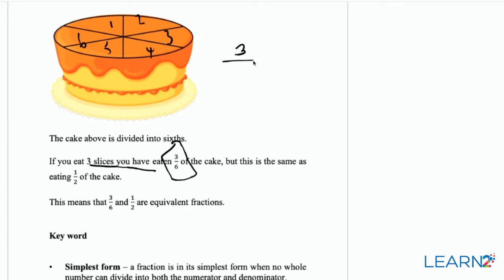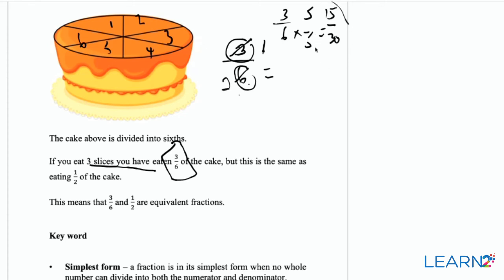Why? Because if we look at 3 over 6, if we simplify this, 3 goes into itself once, 3 goes into 6 twice. So if you can divide the same number into both your numerator and denominator, you can get an equivalent fraction, in which case this is a half. Or you could multiply. If you take 3 over 6 and you multiply that by 5 and you multiply that by 5, 3 5s are 15, 6 5s are 30, so 15 out of 30 would also be an equivalent